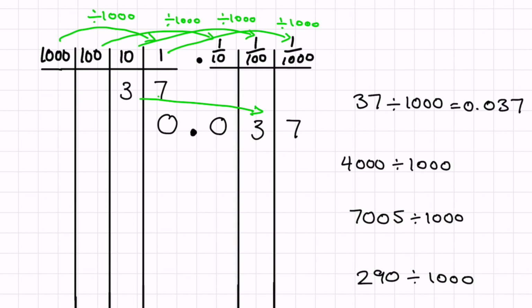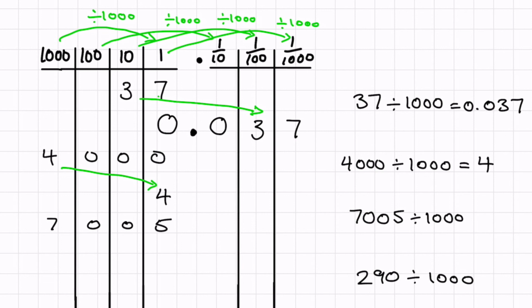0.037. Of course, 4,000 divided by 1,000, you should know, is equal to 4. The 4 is going to move from the thousands column into the ones column because it's moving 3 columns to the right. So the 4 ends up there. You might want to have a go at the next 2 questions. So pause the video and have a go. Otherwise, just keep playing. So